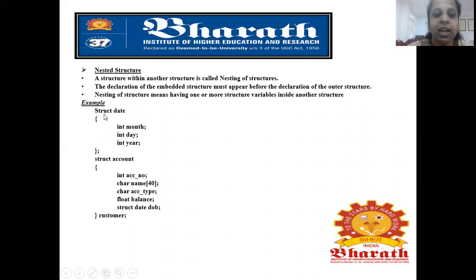The first structure consists of the date, which is necessary for the employee: the date of birth, that is month, day, and year. The next structure is account of the employee: the account number, the name, account type, float balance, and the date of birth. This date of birth is present in this field. A structure within a structure is called nested structures or nesting of structures.